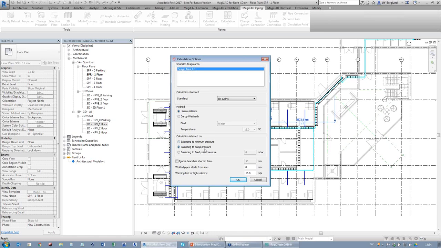If I check this one, balancing to pump pressure, then if I have placed a pump in my model, as I have up here, it will calculate using the flow and pressure from that pump into the system. And if I have this balancing to feed point pressure, then I can say that, okay, I have so much pressure and so much flow that comes into my system. What will the end result be for the sprinkler heads? So then I just give here some